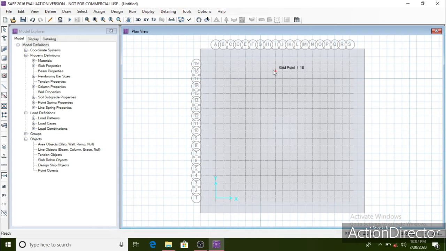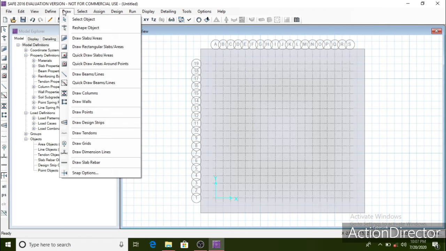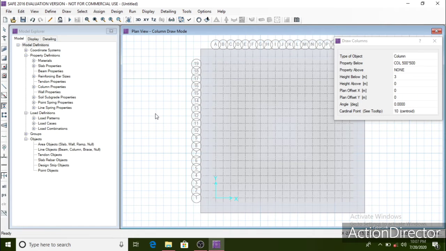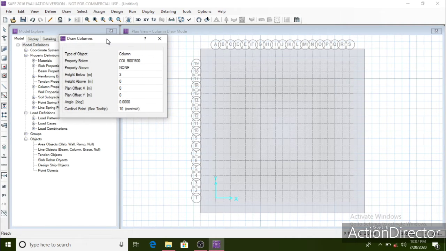Now we need to draw the columns on this slab. In order to draw the columns, go to draw and click on draw columns. Check the property to be column 500 cross 500. Let's first draw the columns of dimensions 500 mm by 500. So the columns will be resting on the slab. So select this to be none for the property below, and select the property above to be column 500 by 500. So height below will be 0,